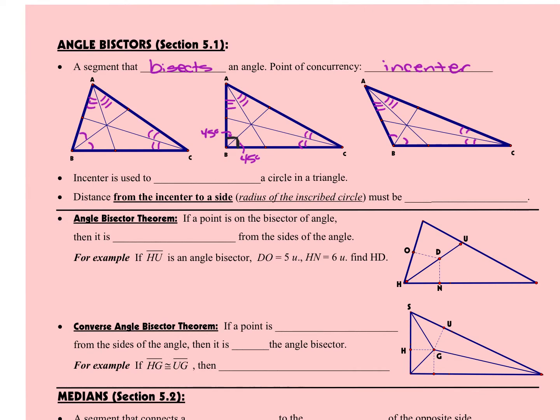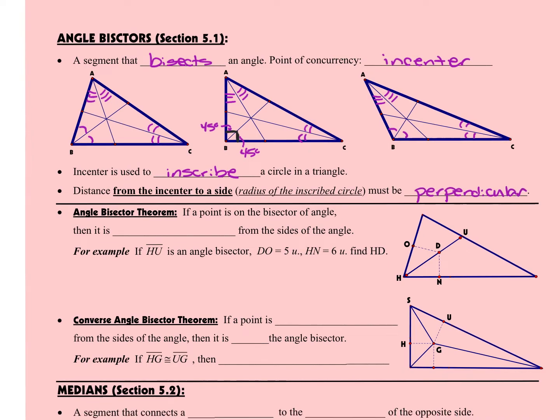Now, I said that this point of concurrency is called an incenter, and the incenter is going to be used to inscribe a circle in the triangle. Now, when we measure the distance from the incenter to the side, that's going to be our radius for our circle. That must be done on a perpendicular. We're going to do this in class. I'm not going to do that here in this video. If you want, you could certainly Google it and find it out,